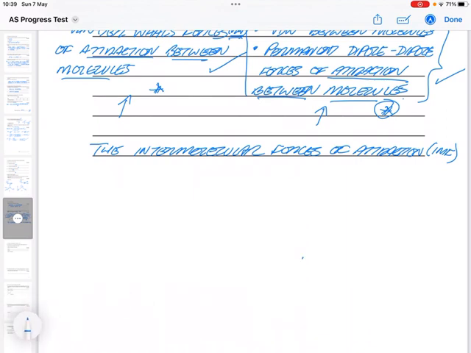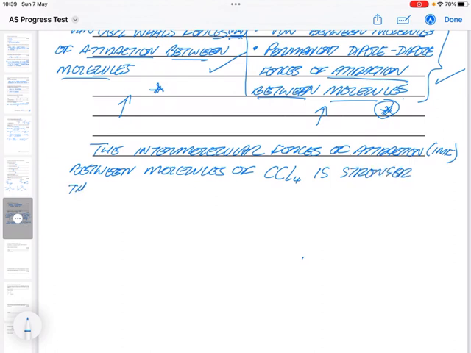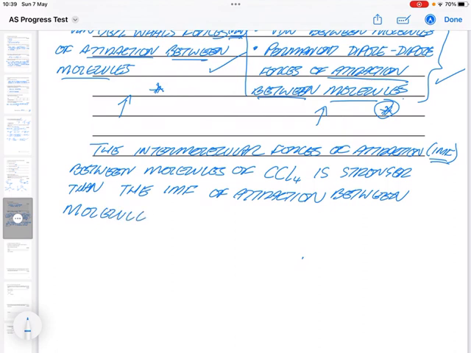So the intermolecular forces of attraction between molecules of CCl4 is stronger than the, so I've got my abbreviation in brackets over here so I can use that now, intermolecular forces of attraction between molecules of CCl2. Okay,